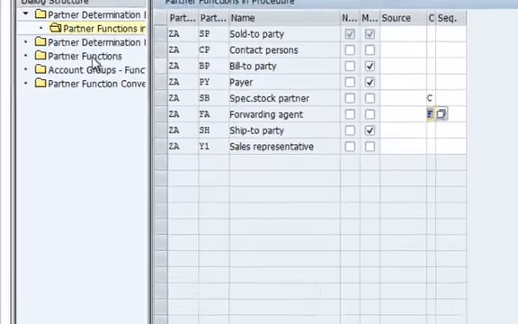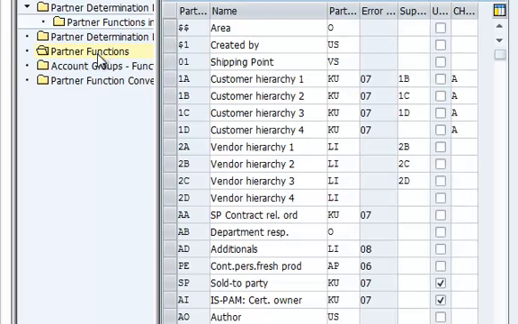And the other step is here again the same thing. Partner functions, these partner functions are the same across all the different areas like customer master and the sales document header, sales document item. So this is a common list,